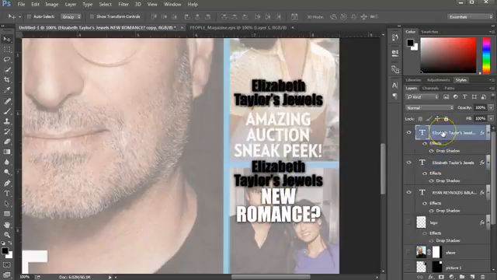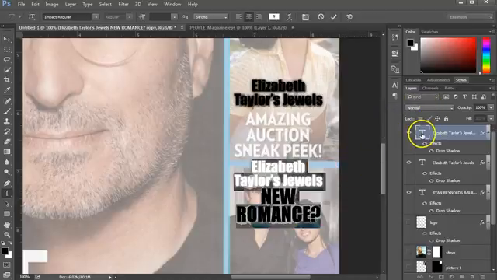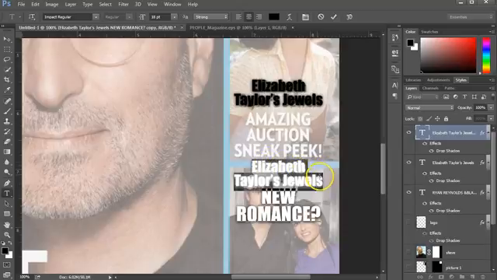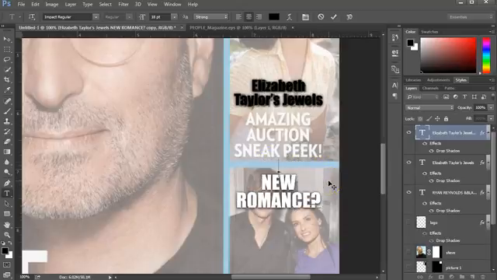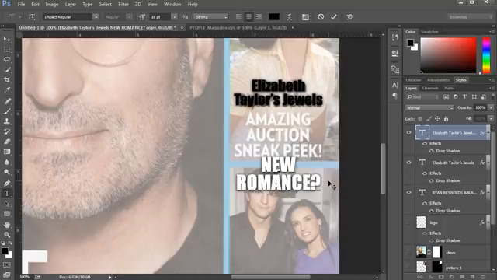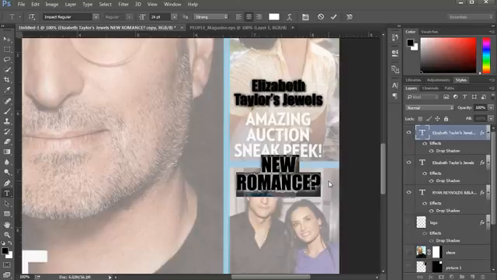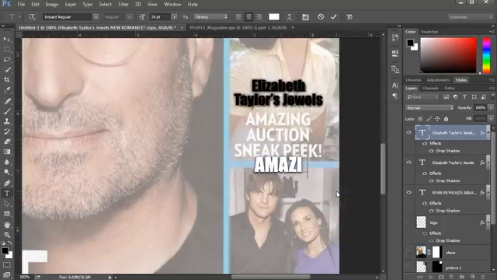I can switch next to my other layer that has the same text, except it's got the black letters and the white letters still with the shadows. I'll double click the T on this layer to select all the text. I only need New Romance, so I'm going to highlight Elizabeth Taylor's Jewels, press the backspace key, and I'm still in the top line. I could keep it as that, but I'm going to press the right key so that I'm before the N in New, and press the backspace. That way everything comes up to the top. I'm using Shift and my cursor keys to highlight. I could also just use the mouse and click and drag to highlight. And I'll type in the text, Amazing Auction Sneak Peek,